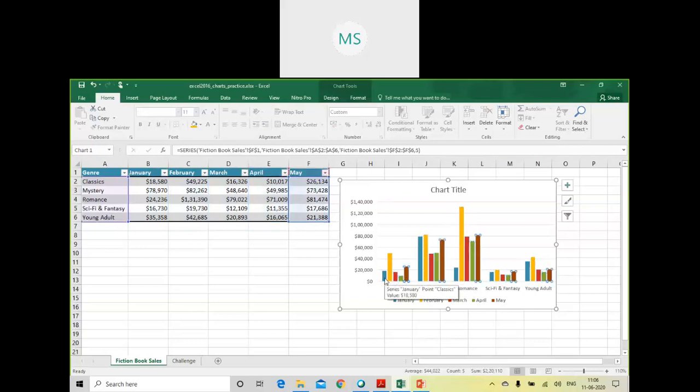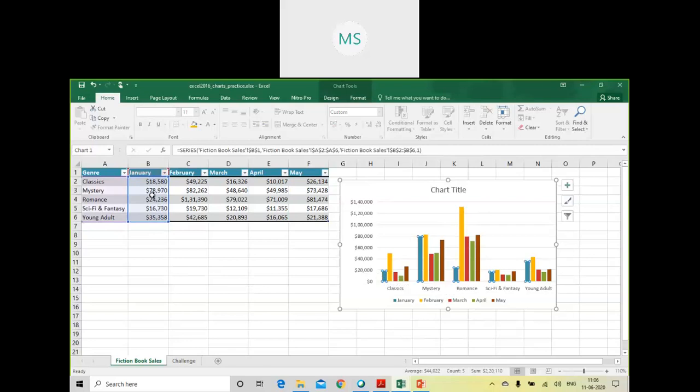When I click on this blue vertical bar or column, in the table the January month is highlighted, because this blue vertical column represents the sales figures of the January month, where it is less than $20,000. As you can see, what is the figure here for Classic? It is 18,580, which is less than 20,000.